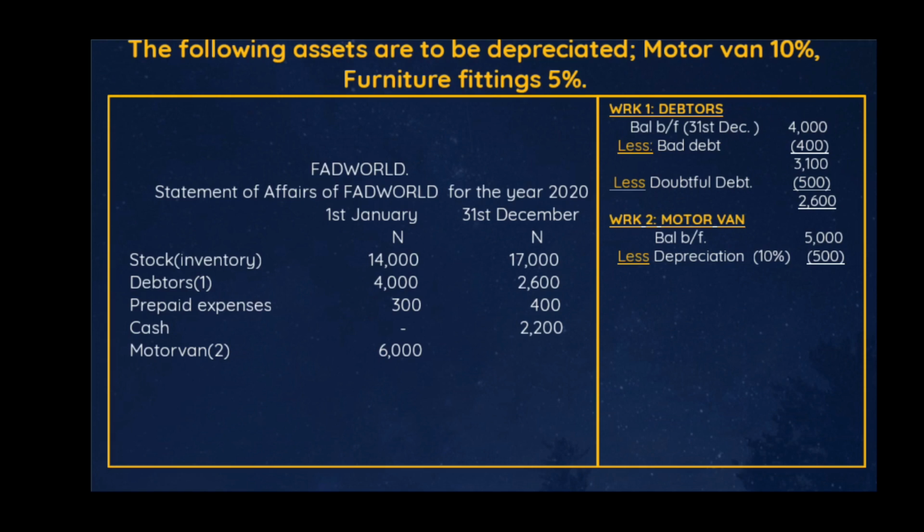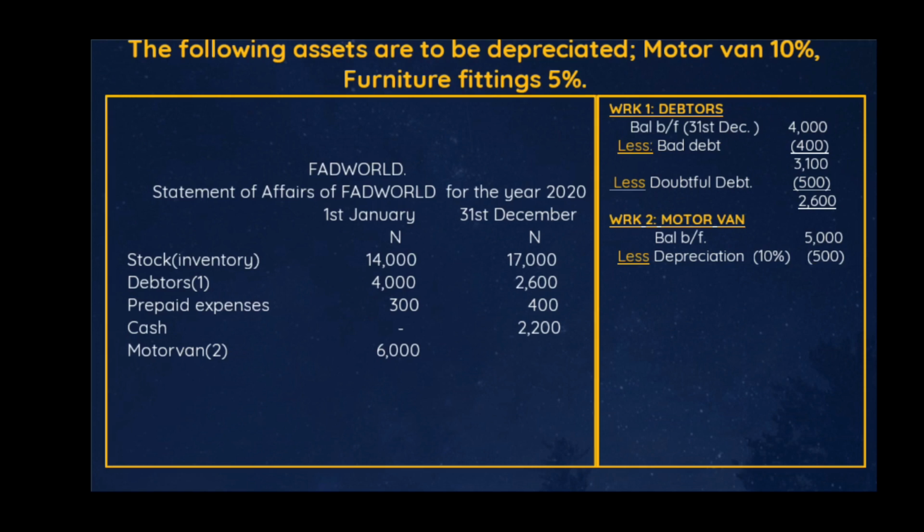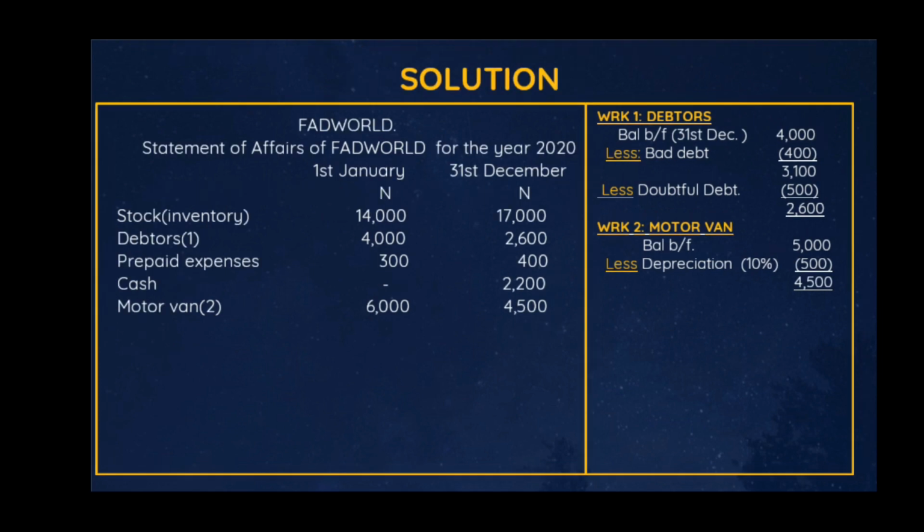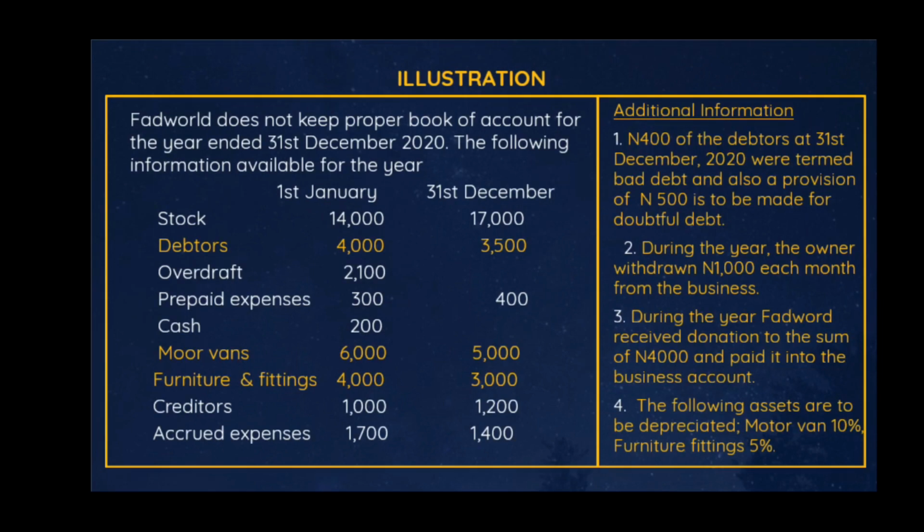If we deduct 500 naira from 5,000 naira, it's going to give us 4,500 naira, which means our motor van at the end of the year, the value is going to be 4,500 naira. Then the next item, which is furniture and fitting, we are also to depreciate furniture and fitting by